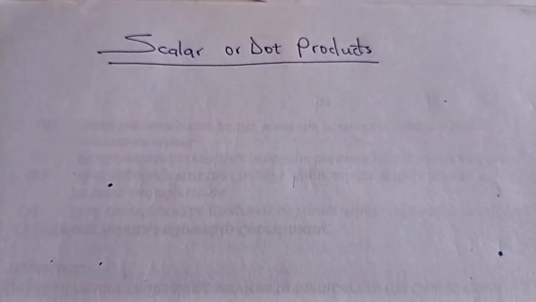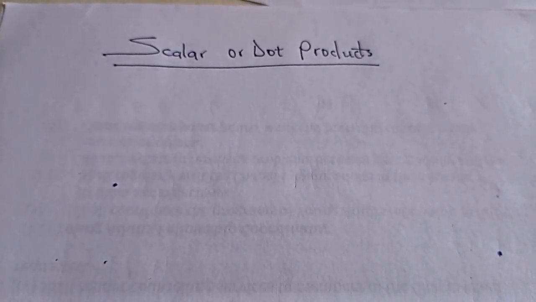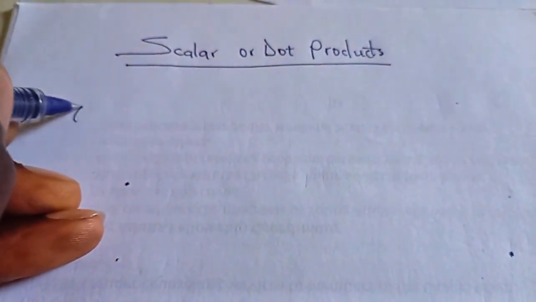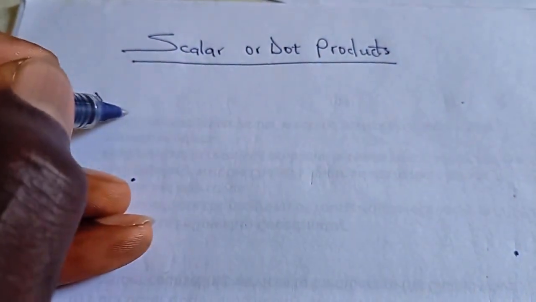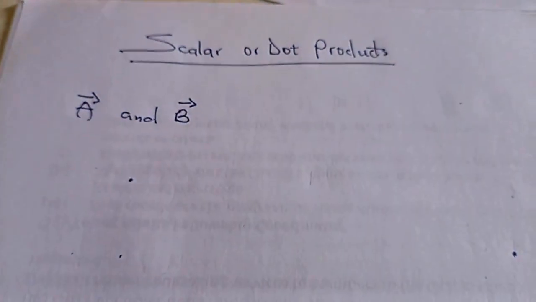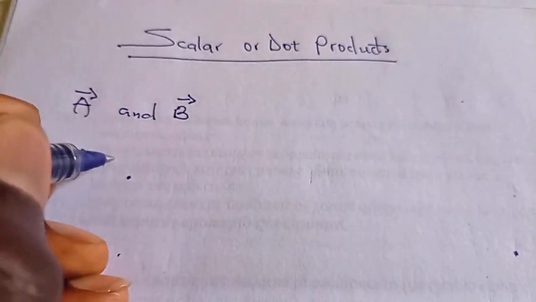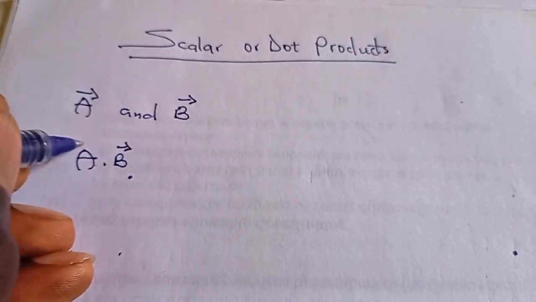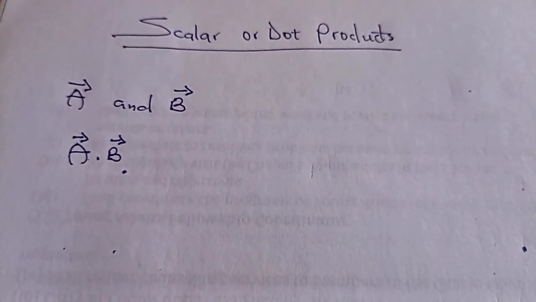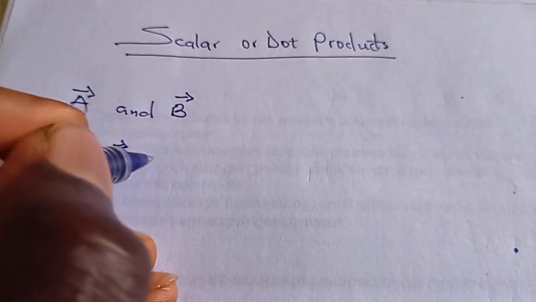Today we'll be looking at scalar or dot product. The dot product of two vectors, say vector A and vector B, is given by A dot B. So A dot B is the dot product of these two vectors A and B, and this is equal to